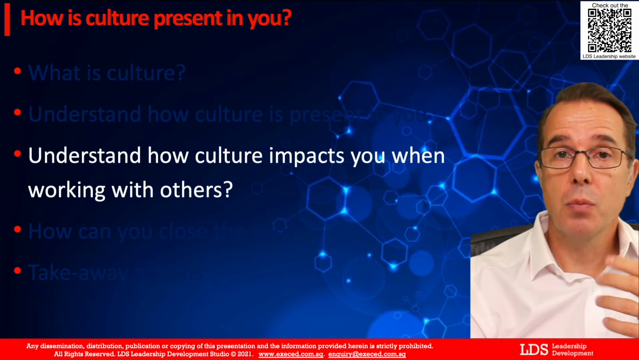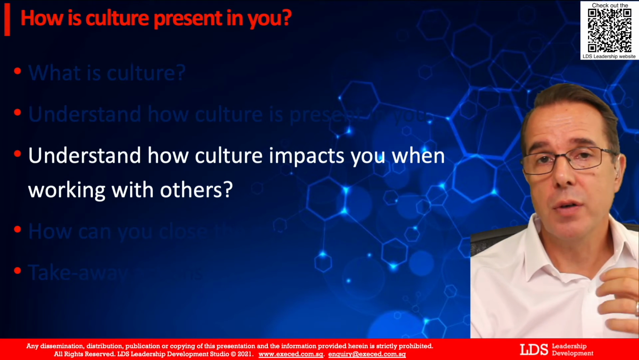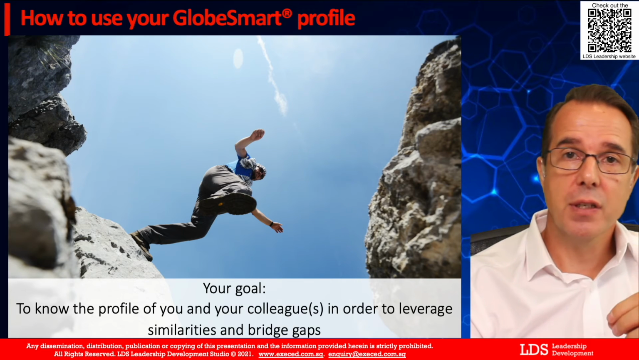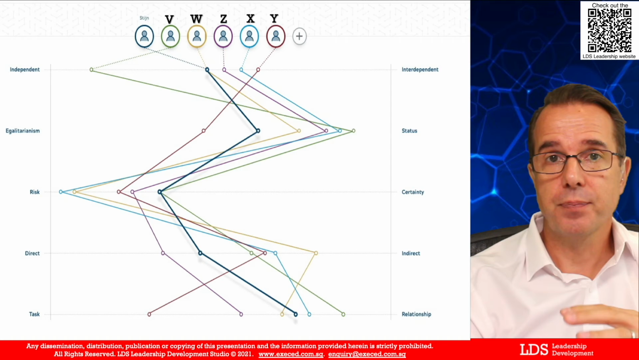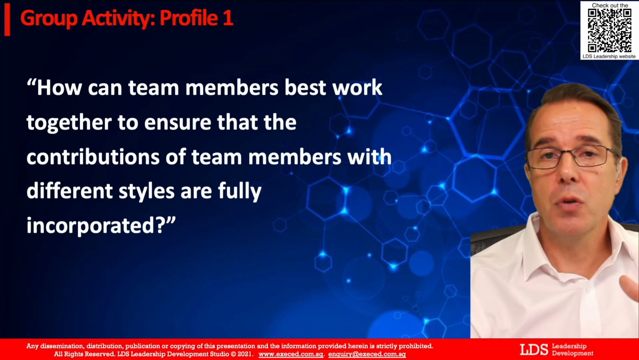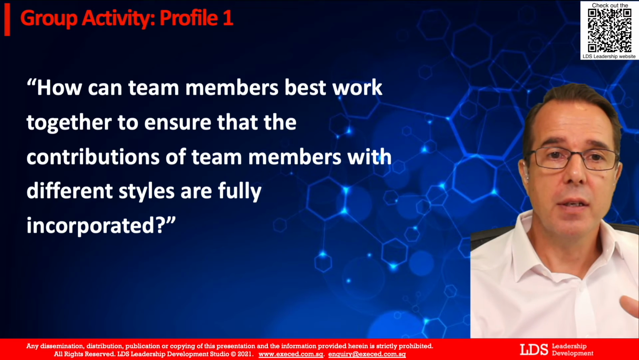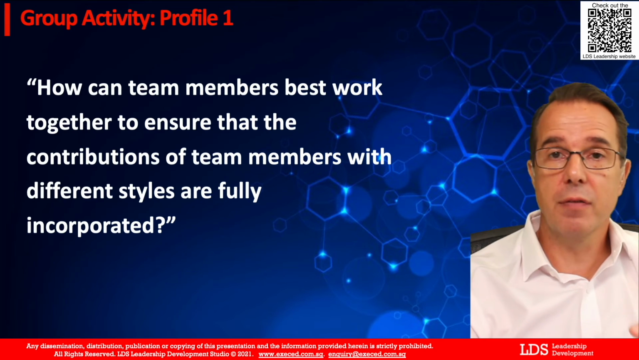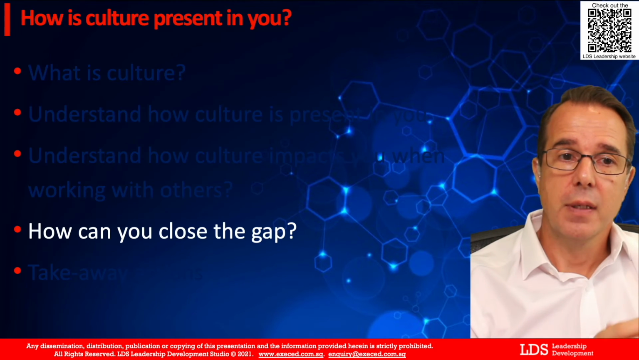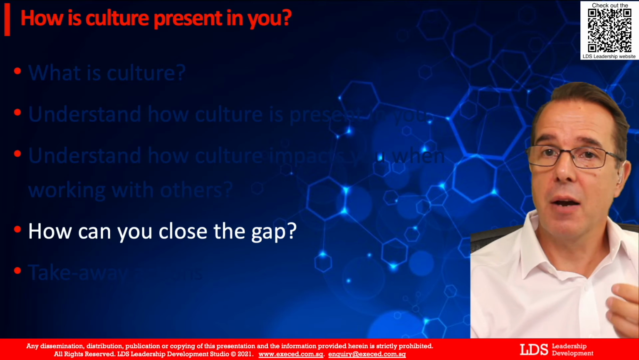So for about 3 minutes, they get asked a question, they reflect, they write some notes. So after they've looked at their own profile, we then look at how culture impacts when they work with others. So we set the objective as leveraging similarities and bridging the gap. So we then give them the profiles of the people in their team and ask them to do a group exercise. So how can team members best work together to ensure that the contributions of team members with different styles are fully incorporated? They have a group discussion, and then they come back and we discuss how you can close